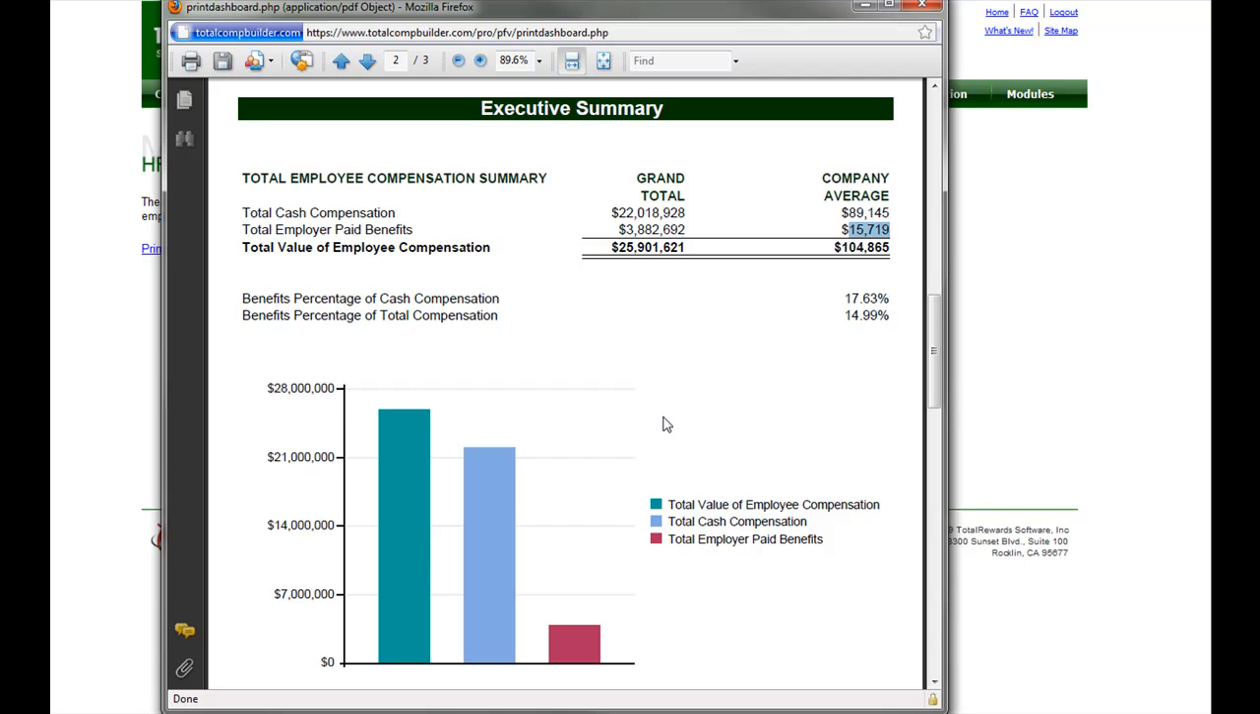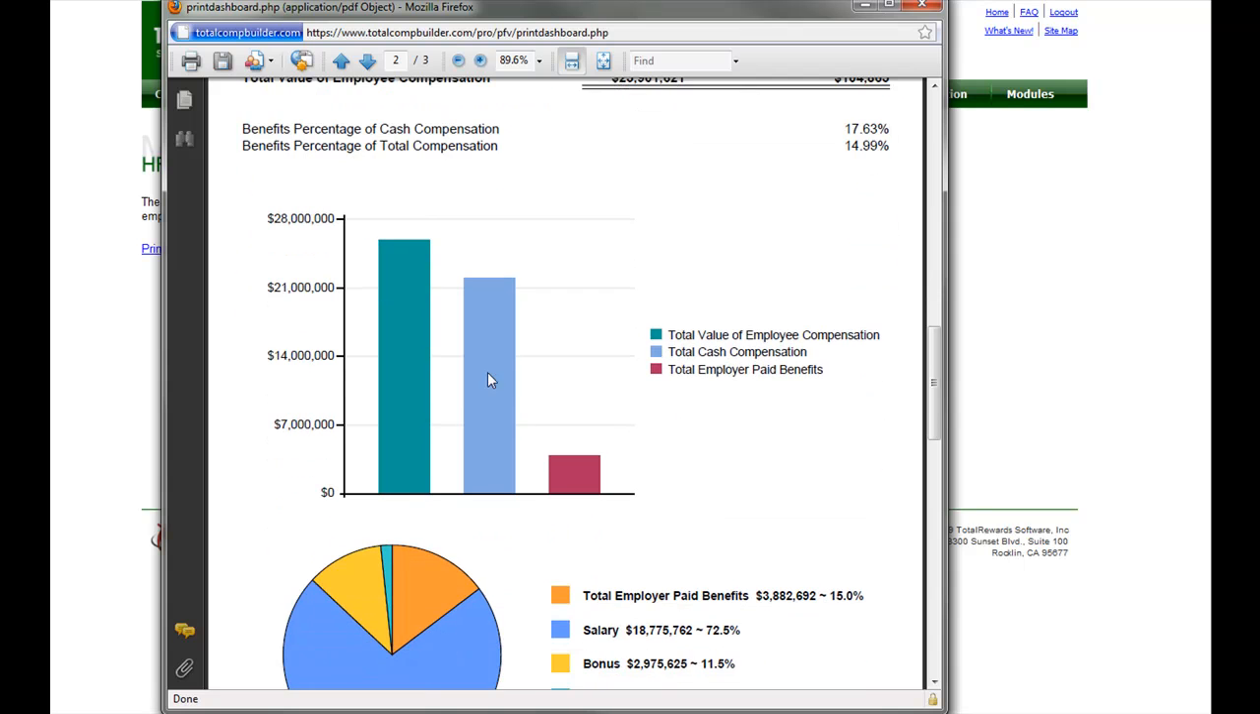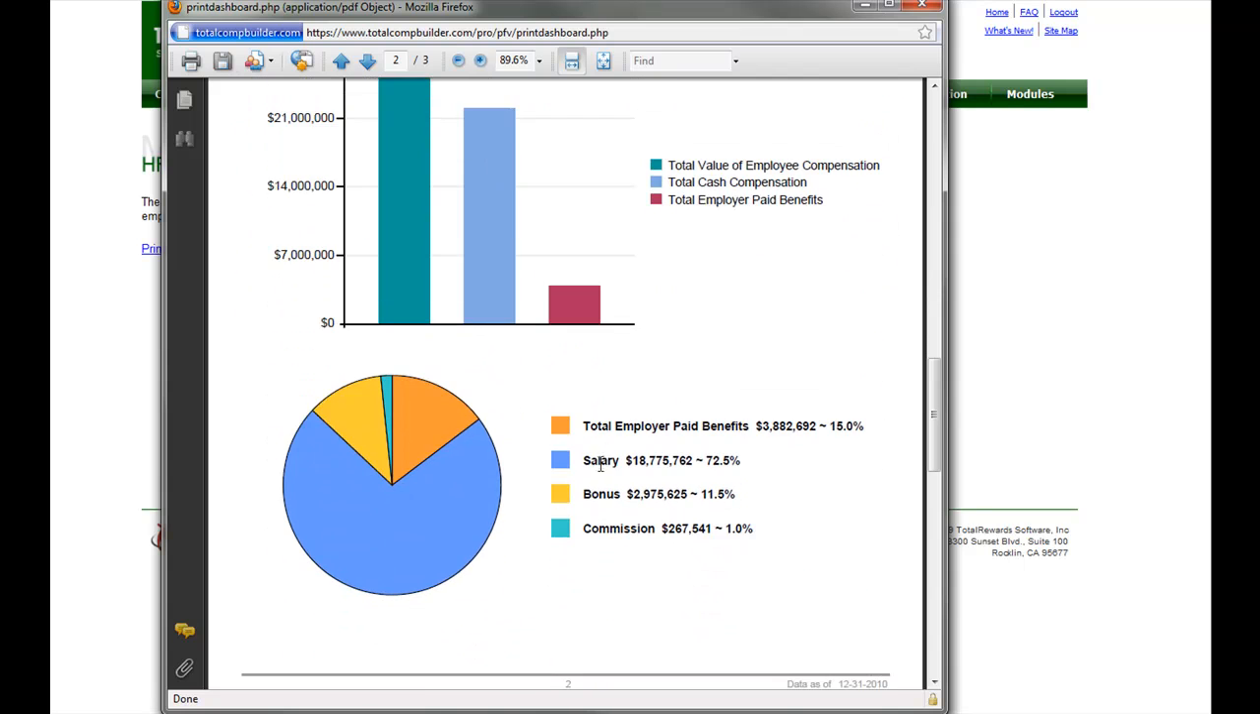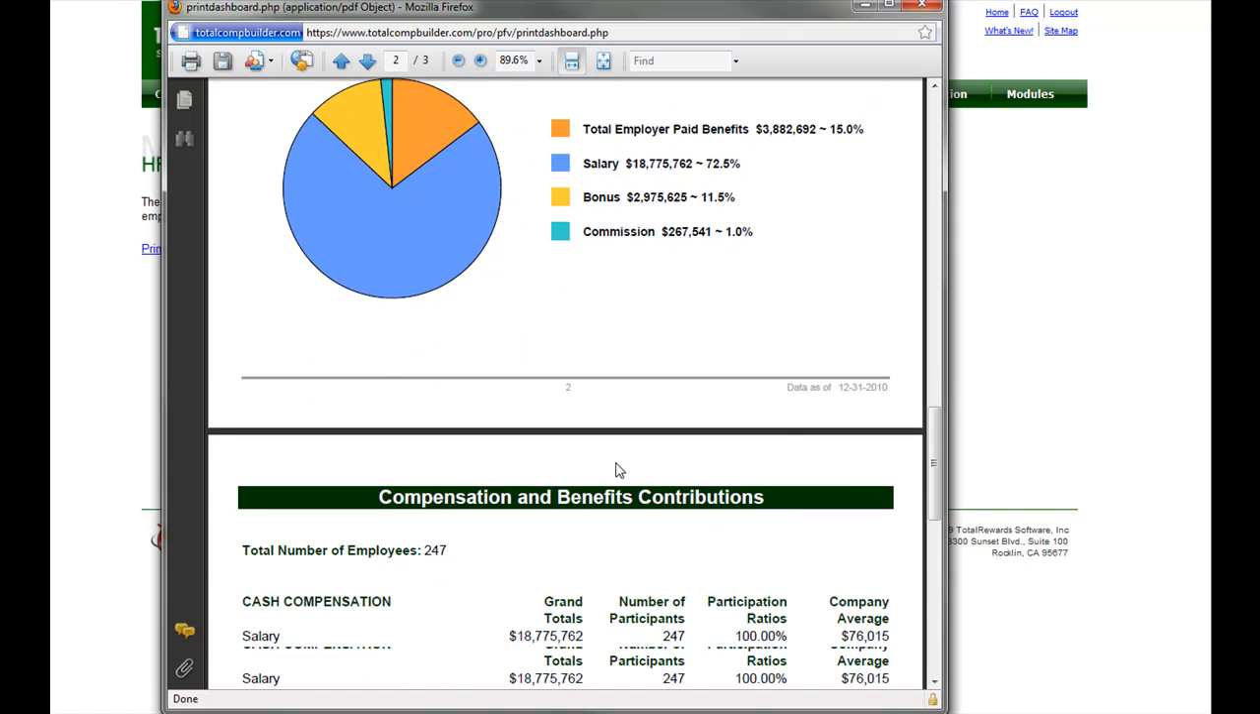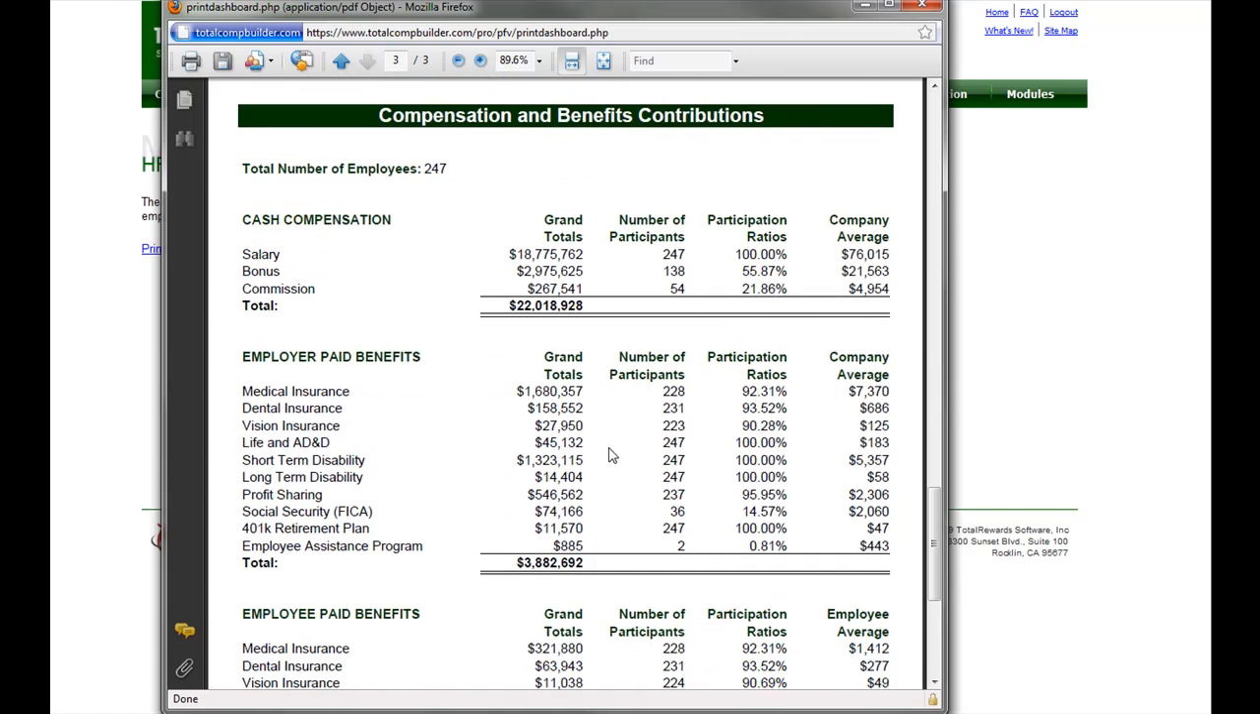And it will break down this information with bar graphs and pie charts showing all the individual cash programs that you have here. And this last page will get into some specific detail. So this demo site has 247 sample employees. If you wanted to know how much you spend on just the salary portion or just commissions, for instance, and you want to see that you guys spend $267,000 a year on commissions, how many people get commission, and what's